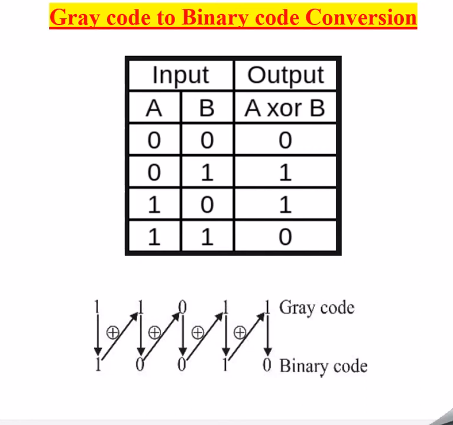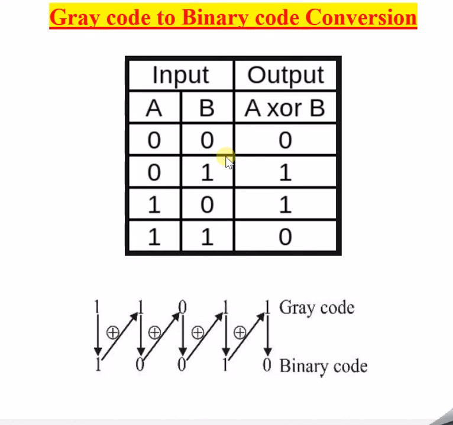In the previous session, we understood how to convert from binary to gray code in the simplest way. In this session, we will try to understand how to convert gray code to binary. Now a gray code is given to you, how to convert it into binary? I will tell you a simple trick, don't worry. Please watch the entire session and do not miss any part of it. Let us quickly start.